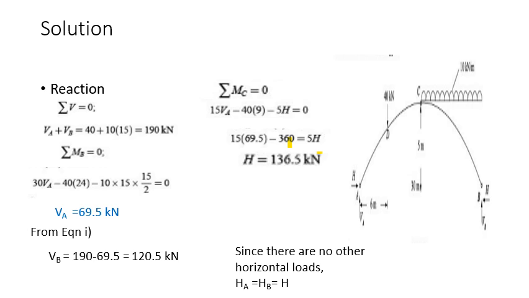If you are taking the moment about the crown, you have to take that height, the rise of the arch, that would be given. If you are taking the moment about any other point, then we have to find out the Y by using the parabolic equation. So we have found out the horizontal force, we have found out the vertical reaction. Now let's find out Y by applying the equation. Y is equal to 4R by L square into X into L minus X.